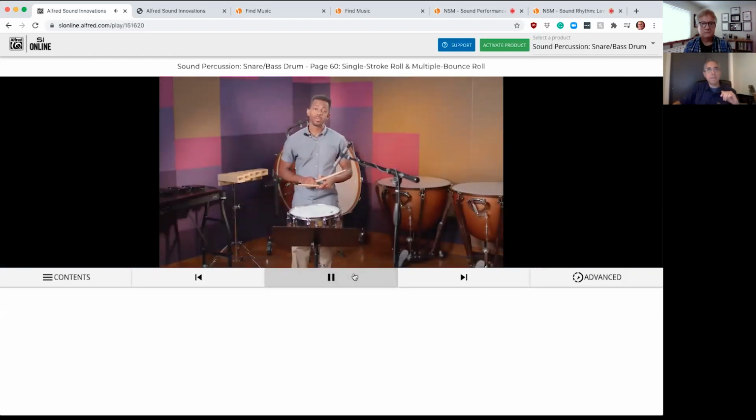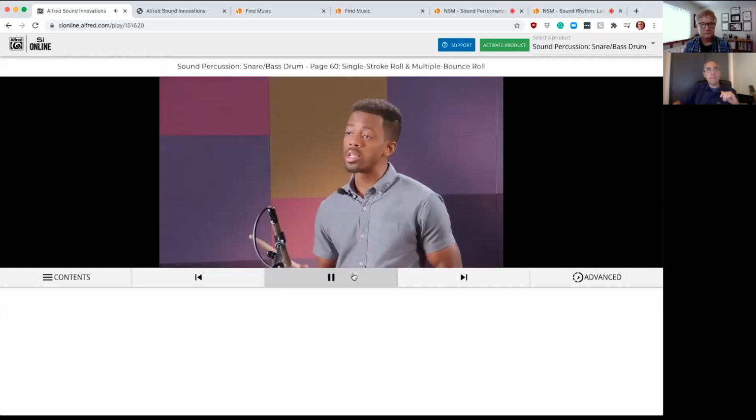When playing the snare drum, the main rudiment that is utilized is known as the single stroke. We call this the single stroke because each hand plays one note at a time, like so. Now when holding the stick,